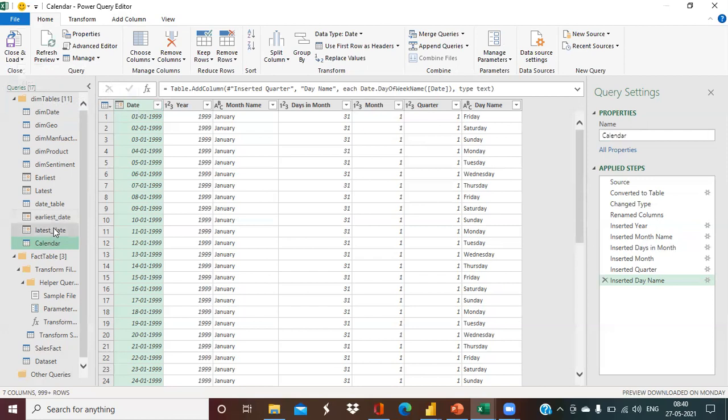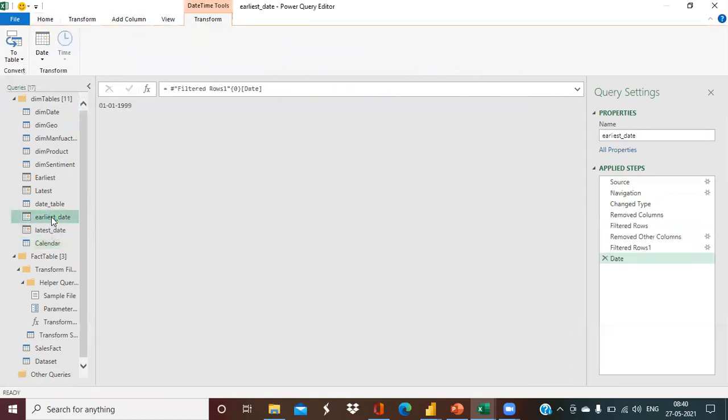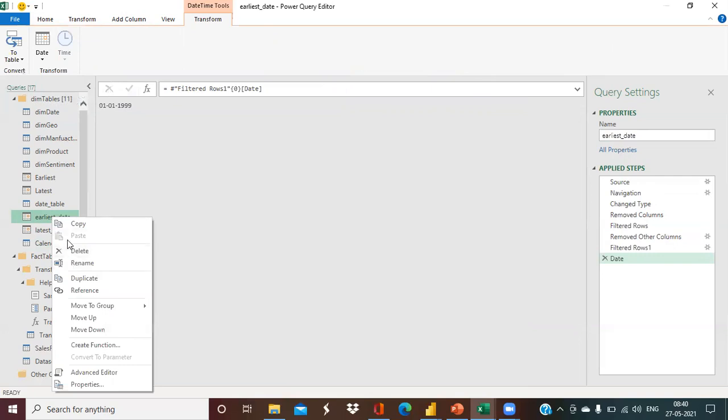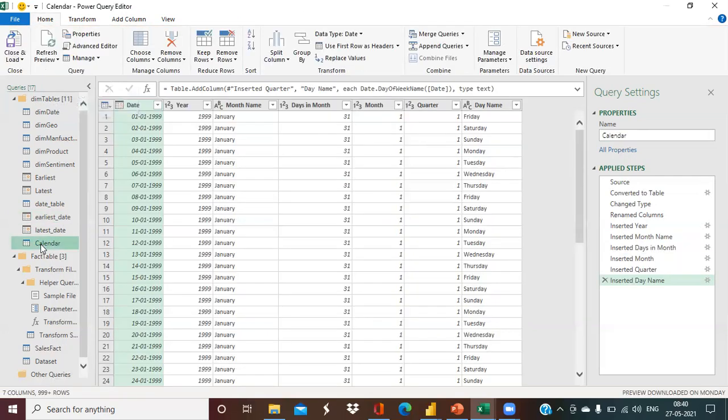What I want to say here is I don't want to load these two values. I want to load the calendar table, but I don't want to load these two options as well. So in Power BI, I get this option. I can go here and there is an option of enable load. I can disable it. Here we don't have it. That's fine. We can load it, and we can later on remove the unwanted parts from there.